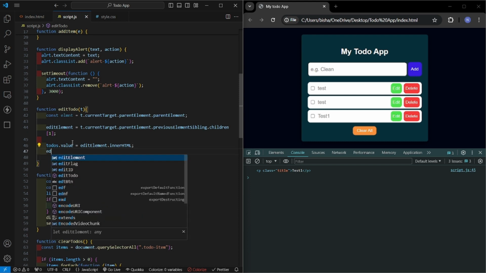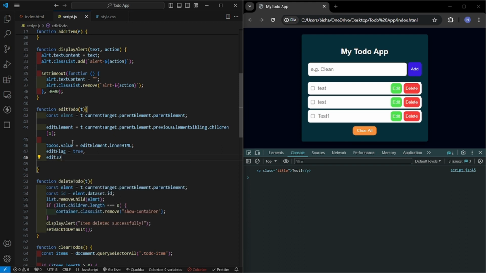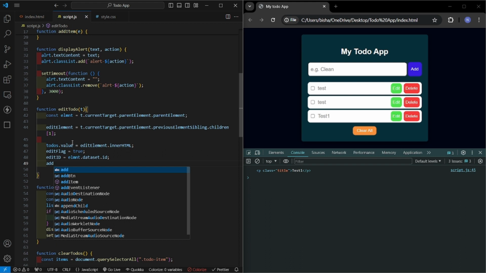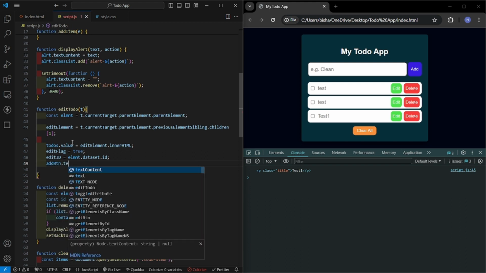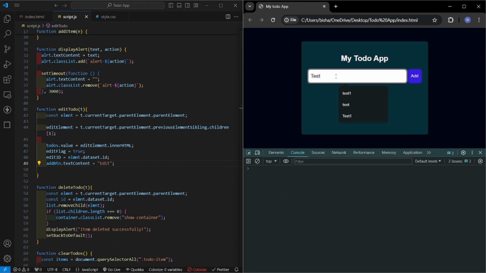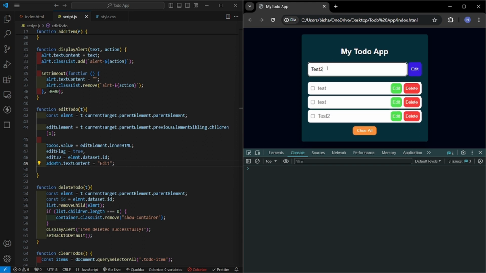After this, we'll set the edit flag to true. Then edit ID will be equal to element.dataset.id, and the add button's textContent will change to edit when we will be editing. So now let's check. So test2 here. See, this button has been changed, and we have selected this test2 here, and we can set